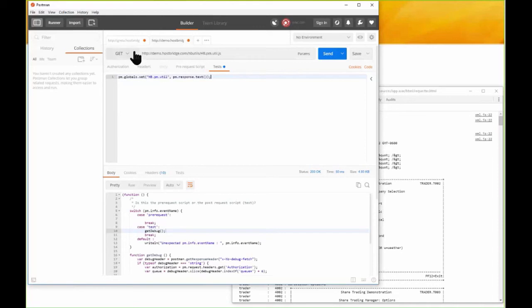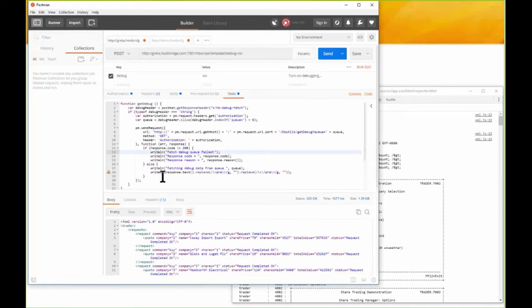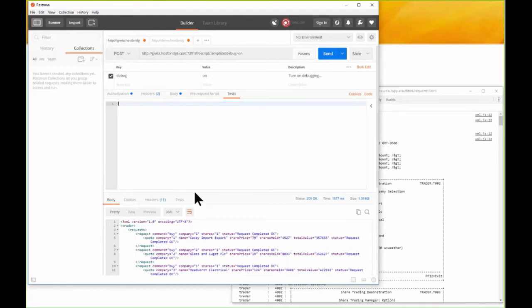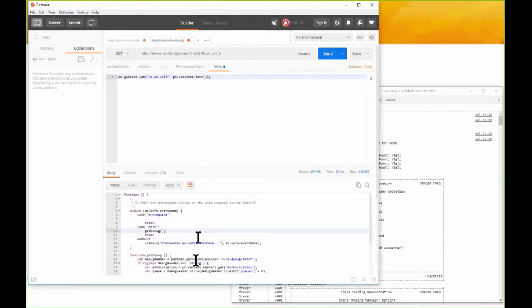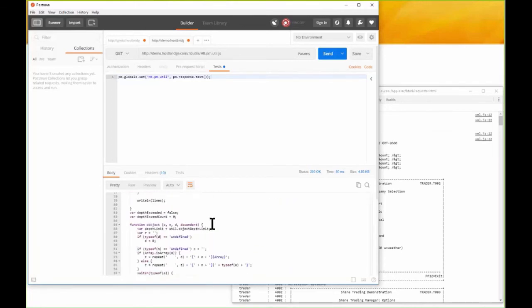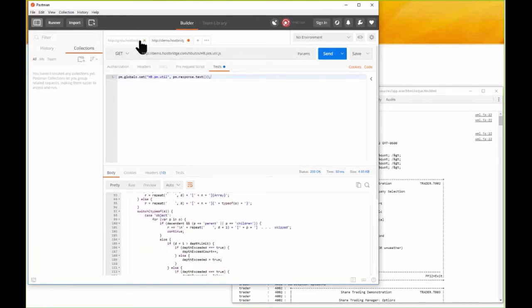So I can go back over to this, and I'm going to delete this entire thing here. Delete all of that. And I'm going to simply take that environment variable and I'm going to instantiate it. So it's going out and grabbing the environment variable, and then it's doing an eval on that environment variable, and it's assigning the results into util. So all of the functions, all the methods that are inside of this script